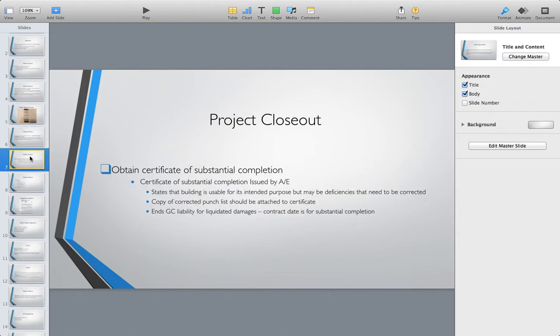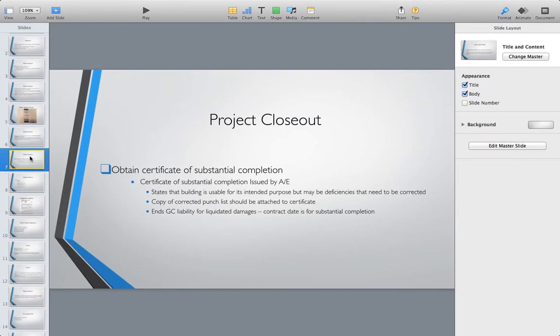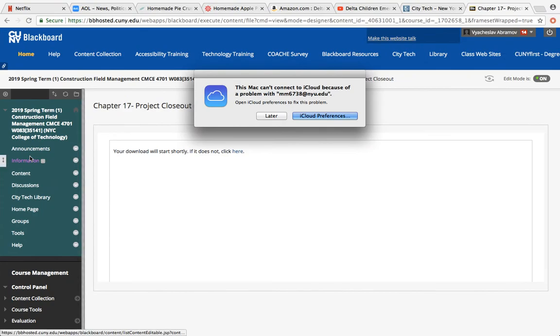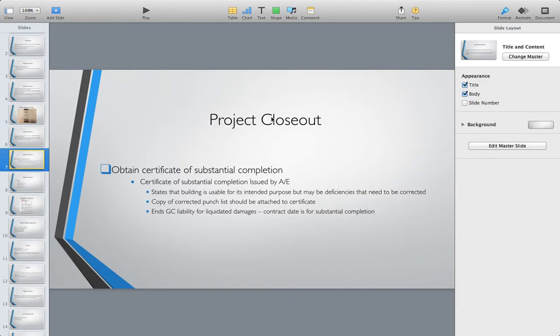So obtain a certificate of substantial completion, and that substantial completion is going to be issued by the architect engineer or the CM, and it states that the building is usable for its intended purpose, but they may have deficiencies that need to be corrected. A copy of the corrected punch list should be attached to the certificate, and it ends the GC liability for any